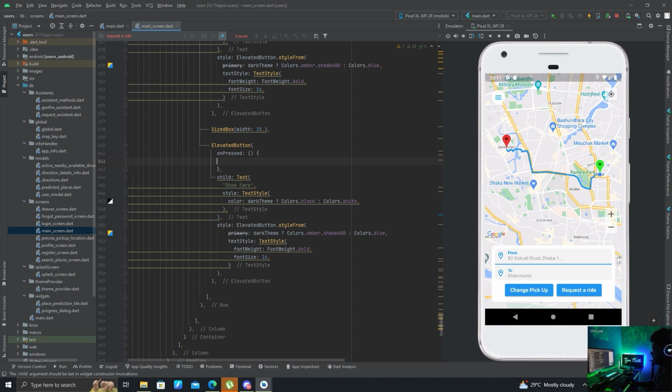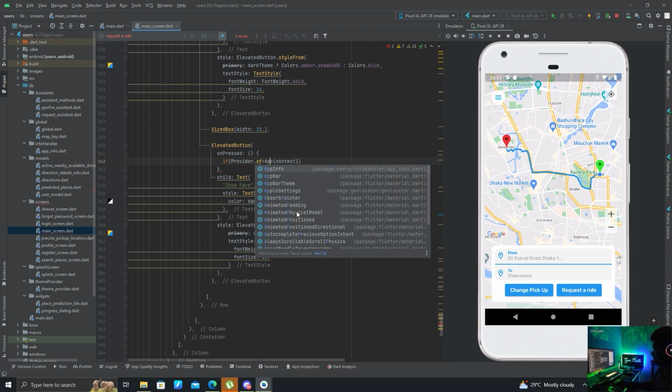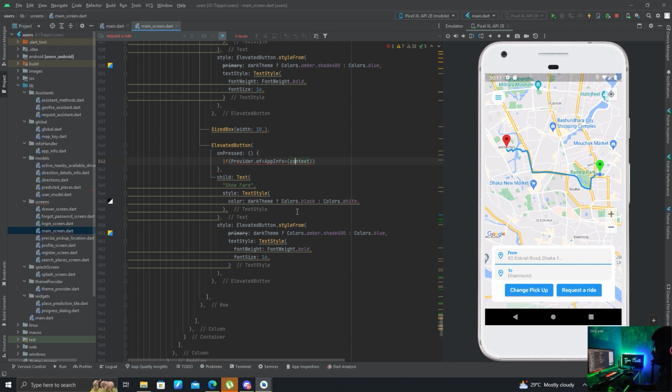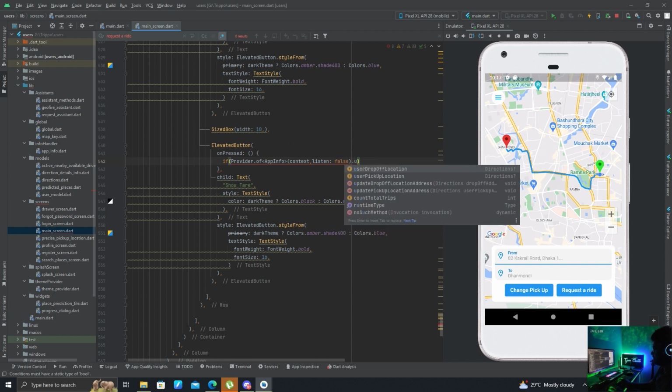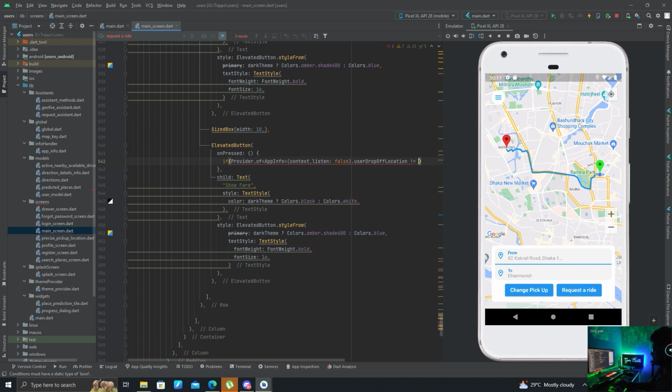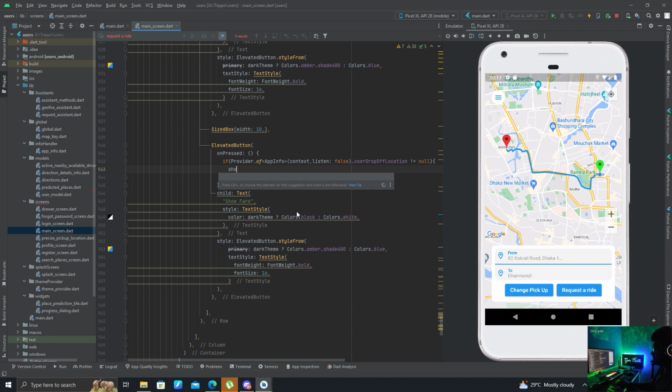And on pressed, I'm going to write that if provider dot of app info context listen false, then user drop off location is not equal to null, then I'm going to write a new function here,